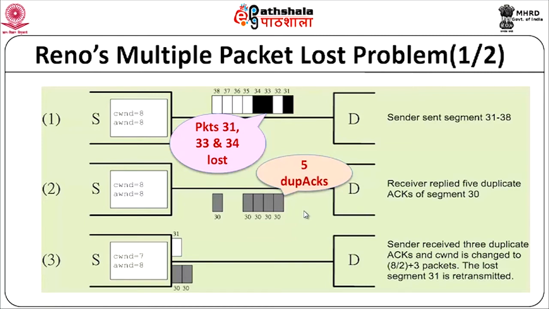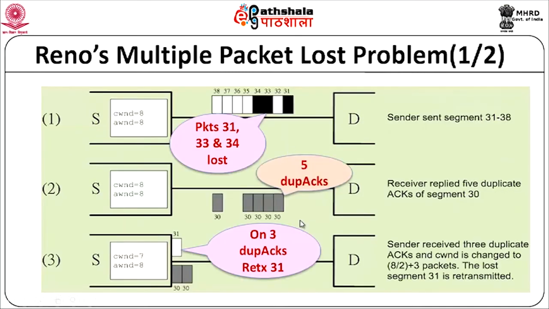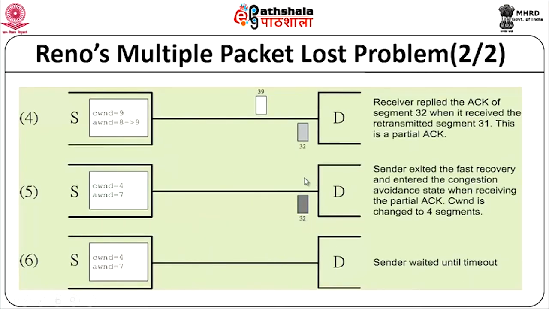Now, on receiving 3 duplicate ACKs, immediately you will do a retransmission of 31. This is how our Reno will behave, right. So, on doing this retransmission, now what will happen? You will get back now an acknowledgement. But what is this acknowledgement that you get? You will get an acknowledgement for packet number 32, right. So, you have transmitted 31, now the receiver side is going to say, I have received 31 and am waiting for 32 to be received. Okay, it has received 32, now it is going to wait for 33 to be received. So, it sends you a partial ACK for 32.